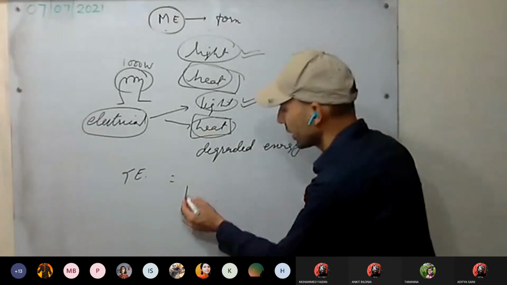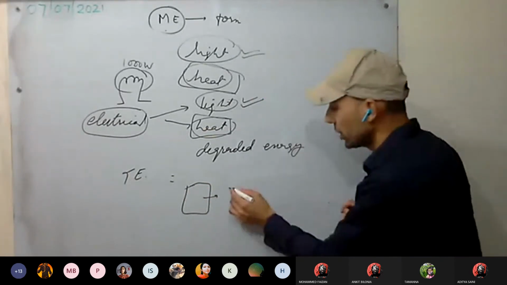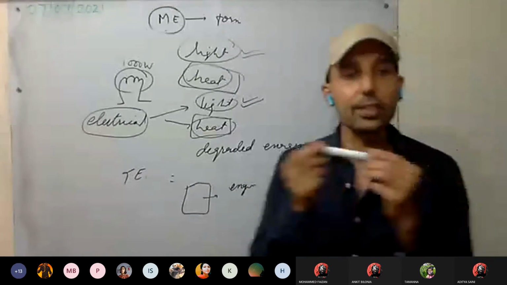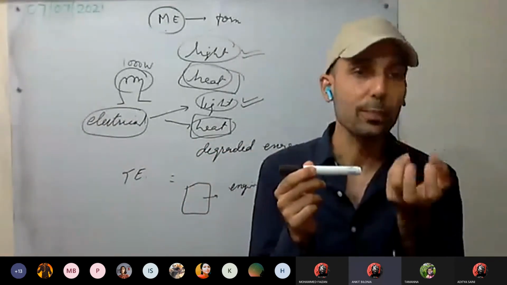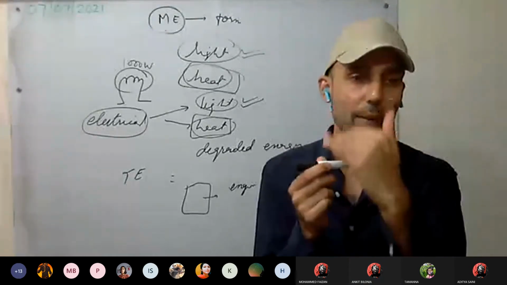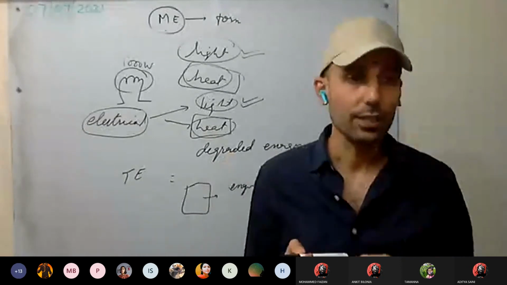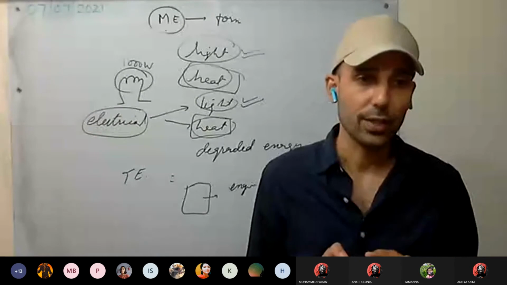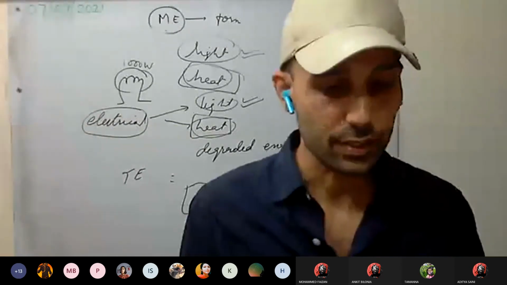Or you have seen vehicles, automobiles. In automobiles, you have the engine. What is the purpose of the engine? To make the automobile move. The chemical energy stored in petrol or diesel is getting converted into mechanical energy. The piston is moved up and down. But along with that, which kinds of energies are we getting? Heat energy as well, sound energy as well. These are not useful energy; they are waste. So these are degraded forms of energy.